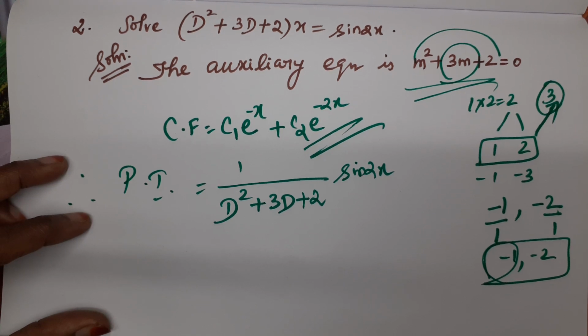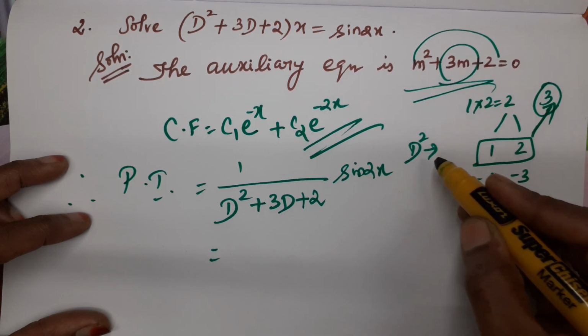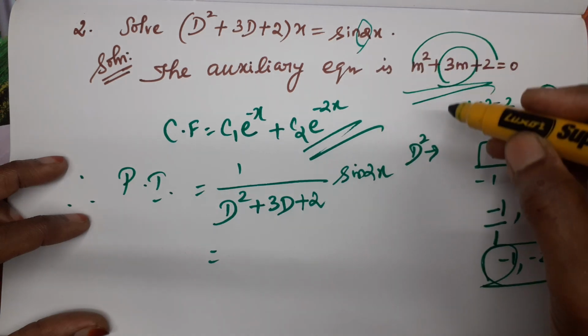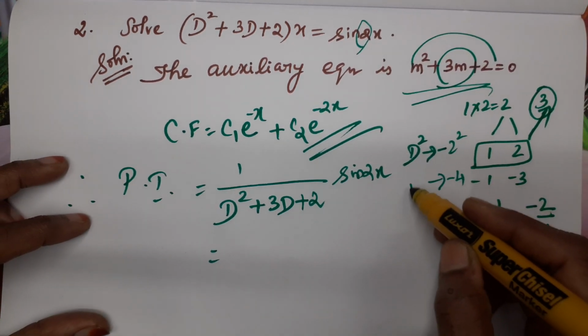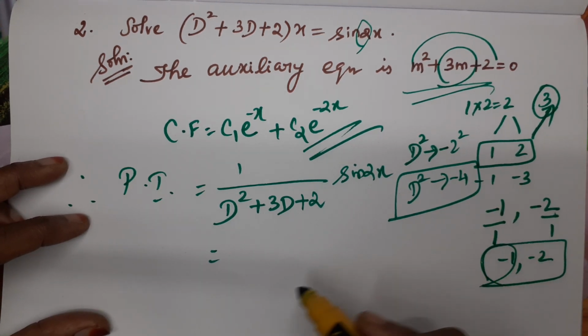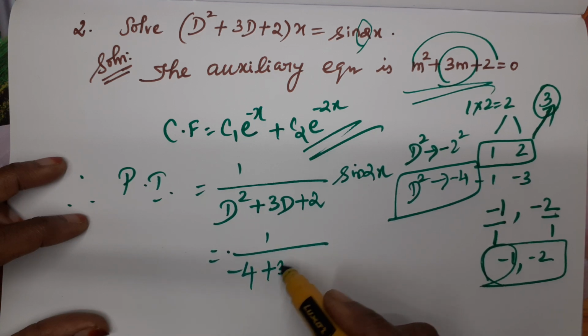PI is equal to 1 by (D² + 3D + 2) into sin 2x. What is the replacement we have for D²? D² can be replaced by minus a². Sorry, minus a², so a is 2. So it is minus 2², which is minus 4. So D² can be replaced by minus 4. So 1 by (minus 4 + 3D